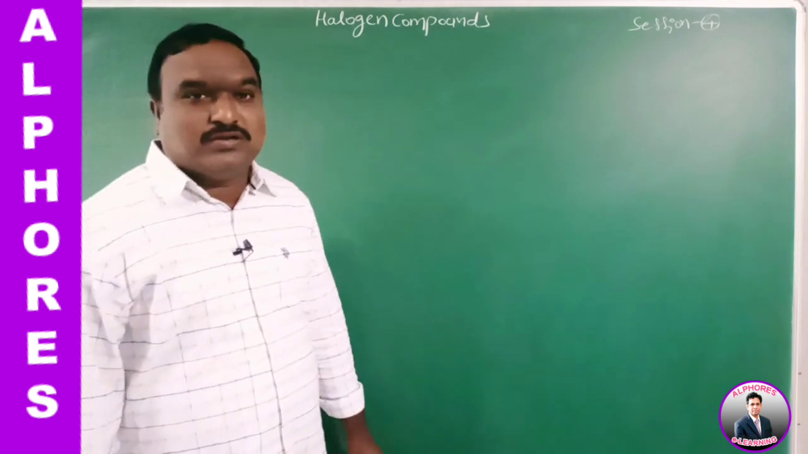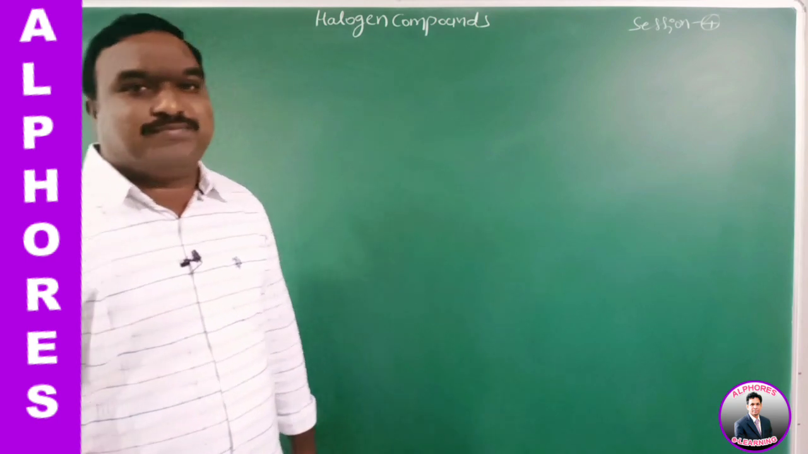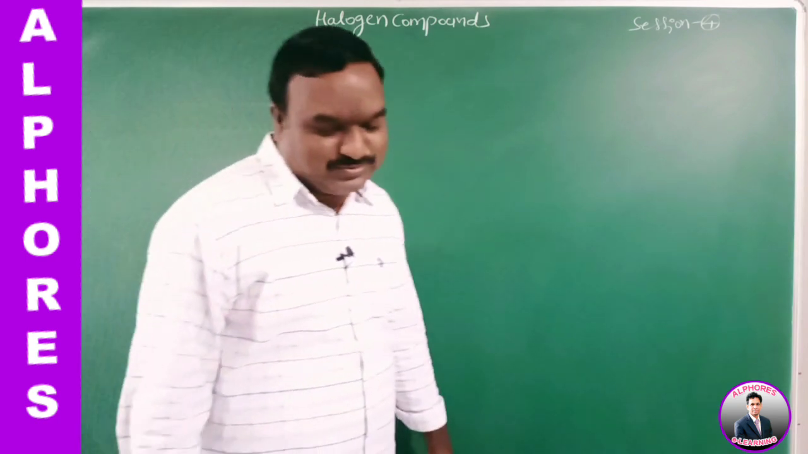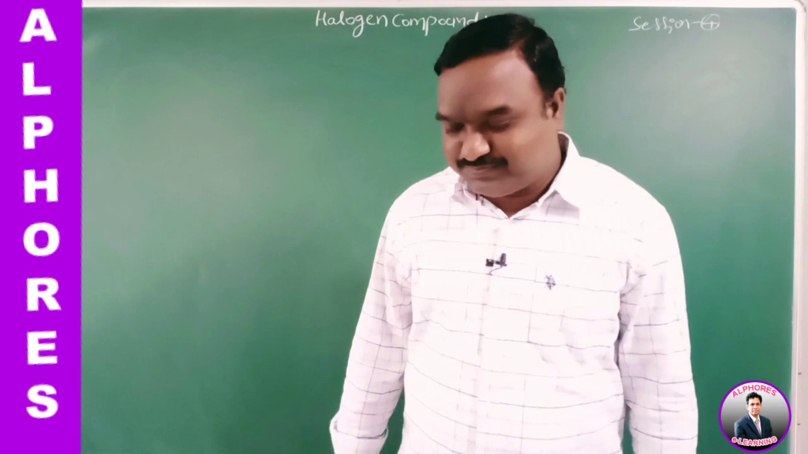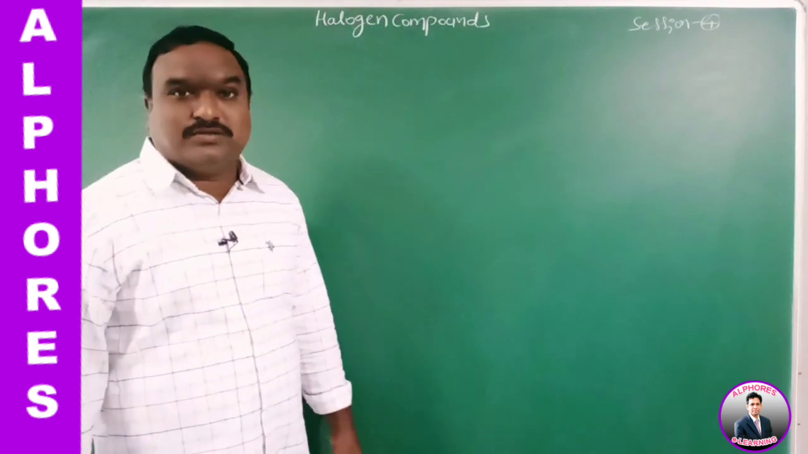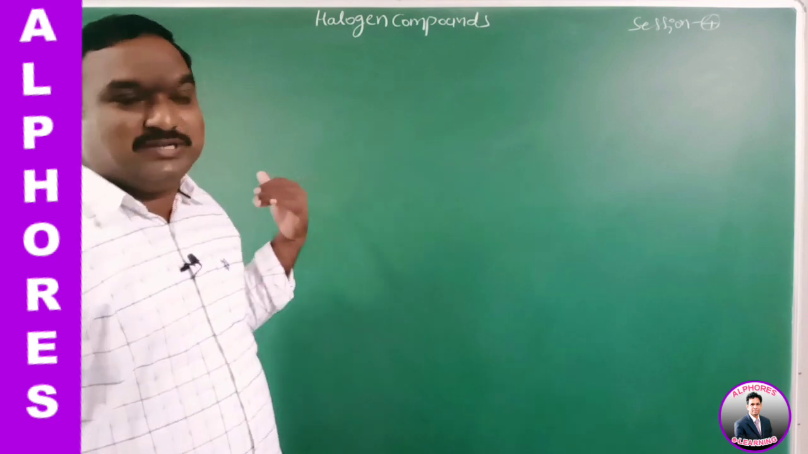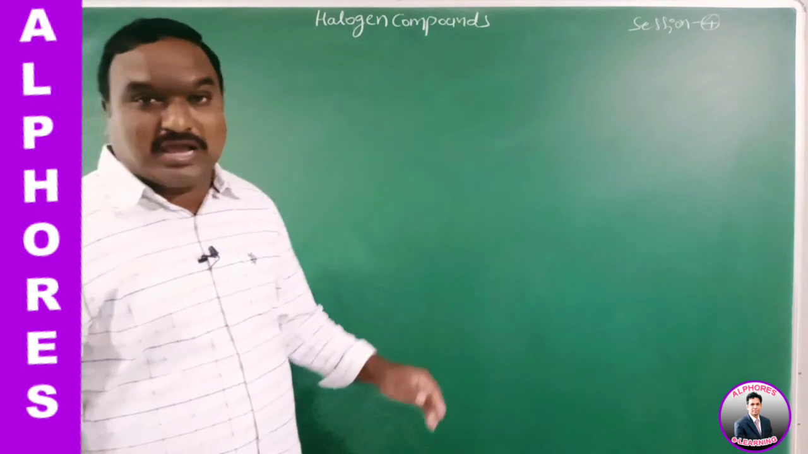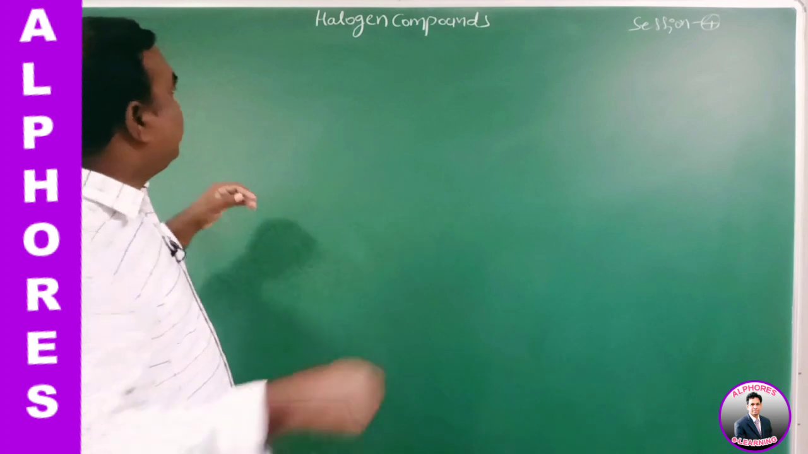So yesterday we discussed the preparation of halogen compounds from alkenes. The normal method is completed, and only halogen addition is completed. Allylic halogenation is completed. For example, here